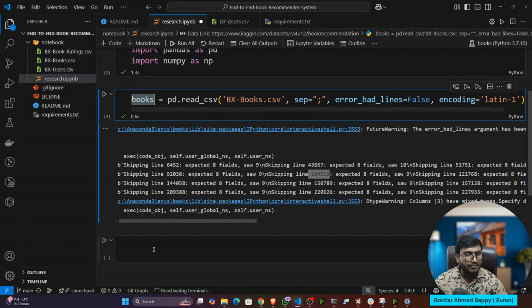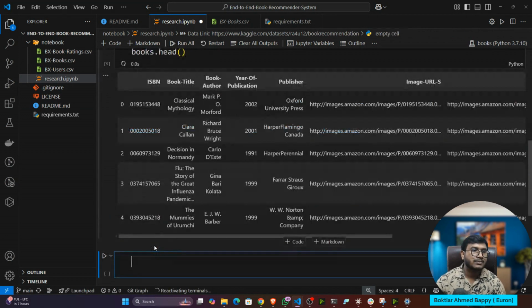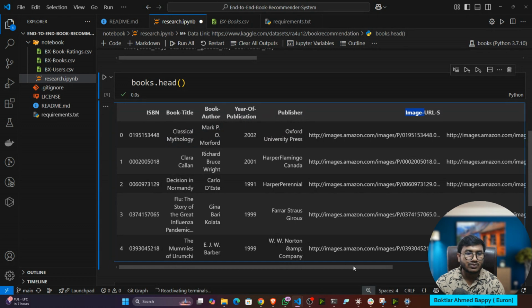Now if I show you books.head, you'll see that the data has loaded perfectly. There is no issue. Now you can see the ISBN number. Every book has a unique ISBN number. Book title, this is the book title. This is the book author, year of publication, publisher, and the image URL of the book.